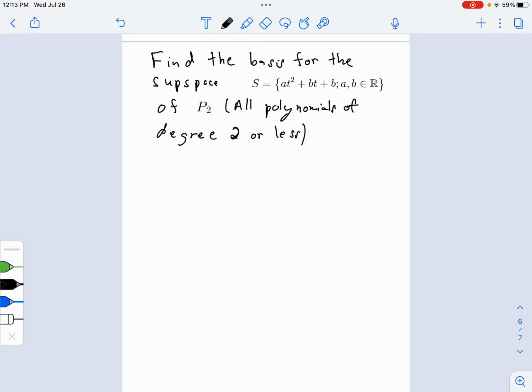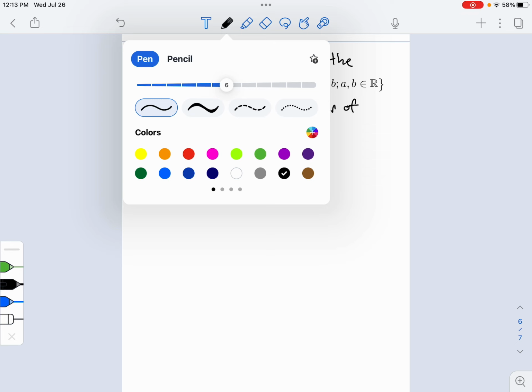All right, so let's find the basis for the subspace S, which consists of some degree 2 polynomials, at squared plus bt plus b, where a and b are real numbers, and this is a subspace of P2, all polynomials of degree 2 or less. All right, so